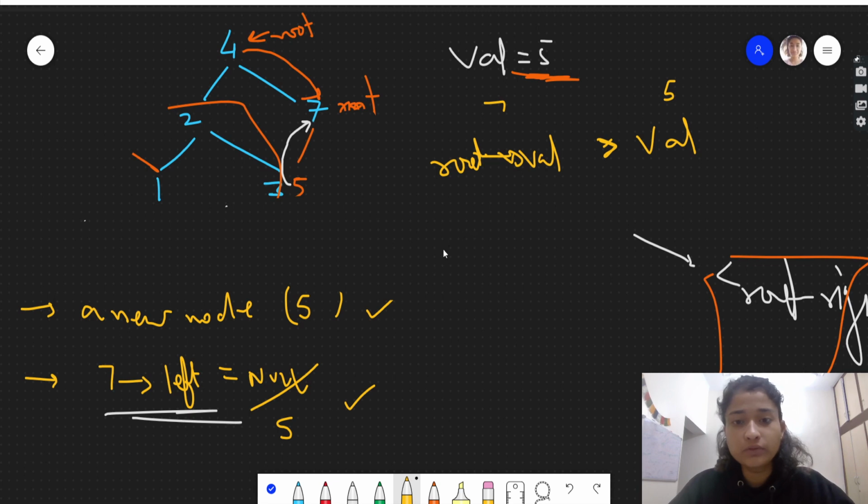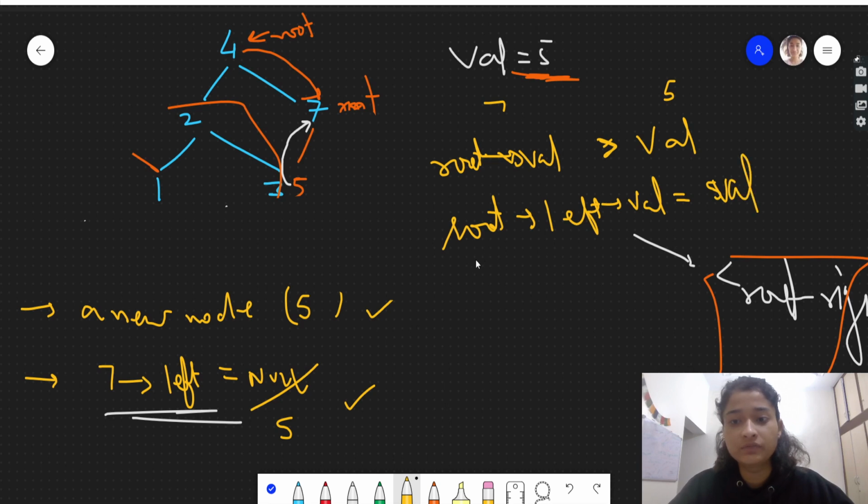So what we will do, we will write root's val is equal to this value, root's left value, we will write 5, which is this val. We will do this. Why return something? We will just update its left value to be 5. This will be incorrect.